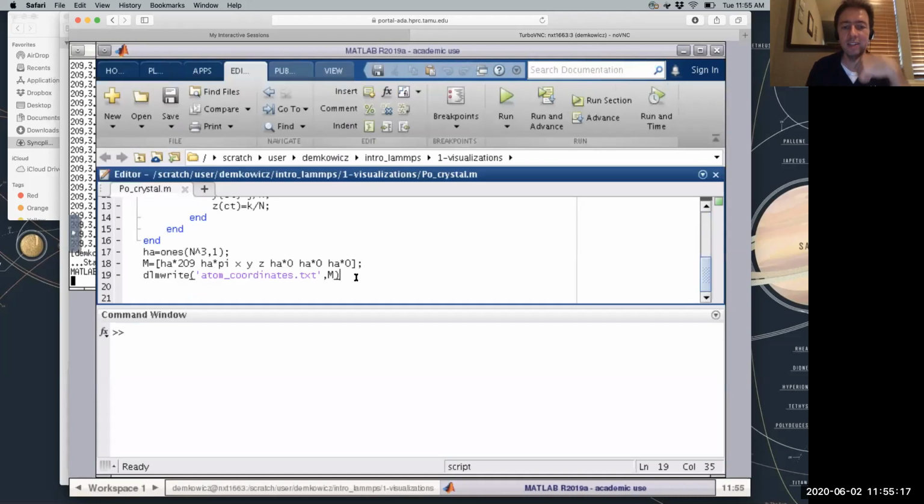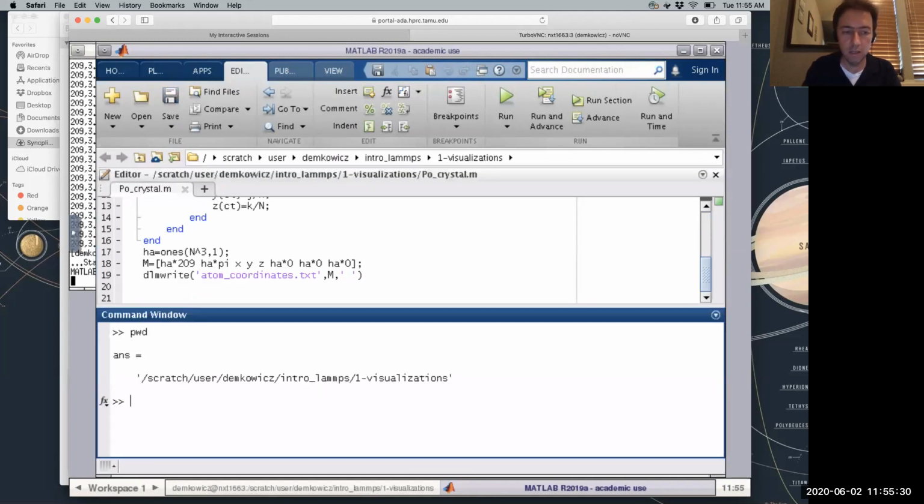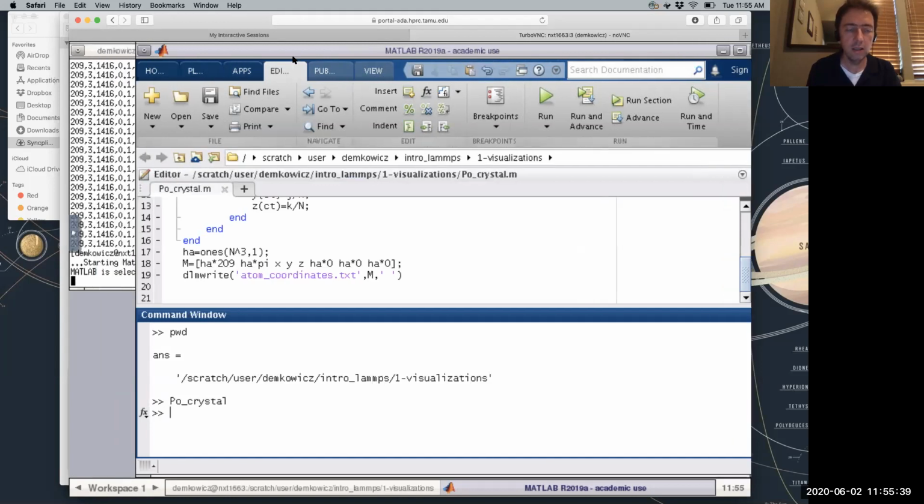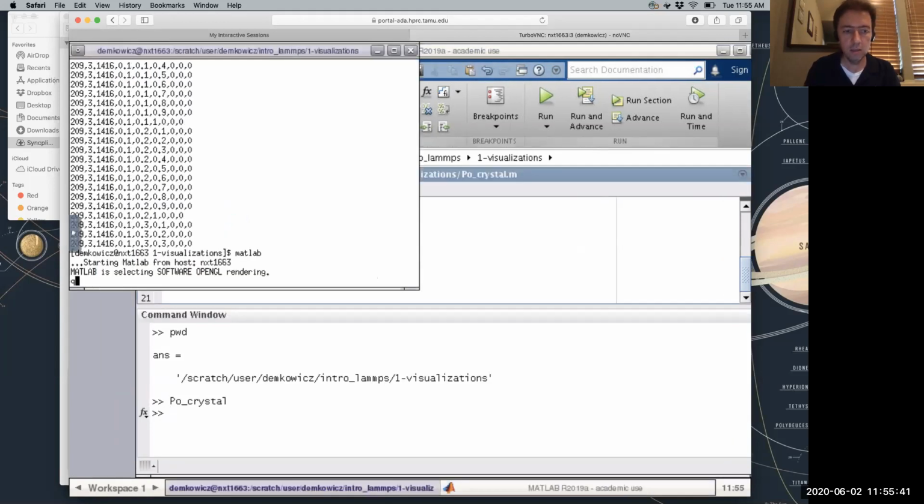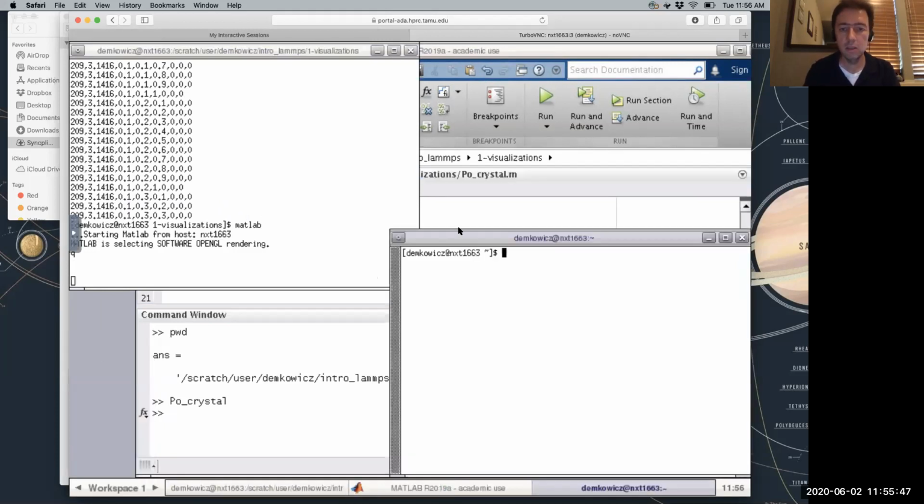So basically I'm going to go down here, comma, single quote, space, single quote, close. That changes the delimiter to a space. Where am I? Visualizations. Good. Okay, PO crystal. All right. And now when I go back here, oh, I didn't press enter. Drat. All right, so let's open a new external.